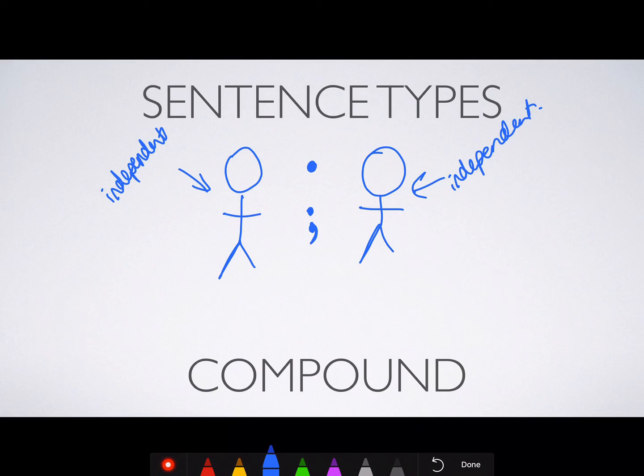If you're struggling to vary your punctuation, a great way to get a semicolon into a piece of writing is to use it between these 2 phrases, or simple sentences, to create this compound sentence. They have to be quite closely related in order to make that work, but if you can make it work, then it works really well for you. And then you've got that semicolon in there as well. The final one is a comma, but not by itself. And this is really important. If you have a comma by itself,